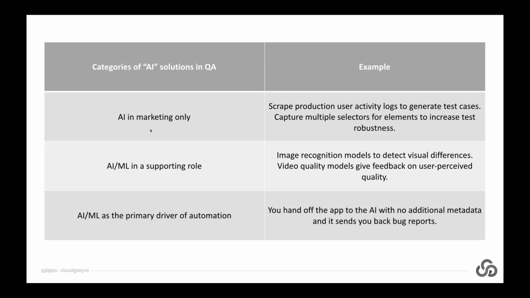Other examples would be capturing multiple selectors for elements rather than relying on a single selector, so that there's always some selector to fall back to in case the selector you initially relied on has changed because of an app redesign. This is sometimes referred to as self-healing element selectors. This kind of thing can be done just using basic programming techniques, capturing all the different selectors for an element